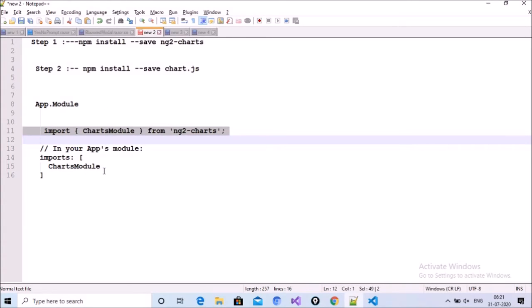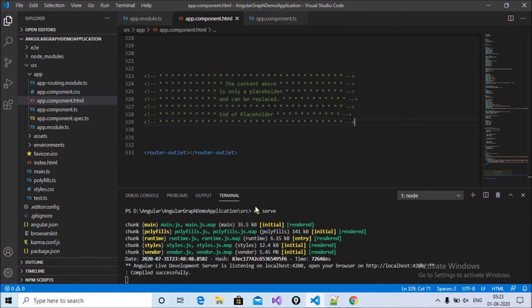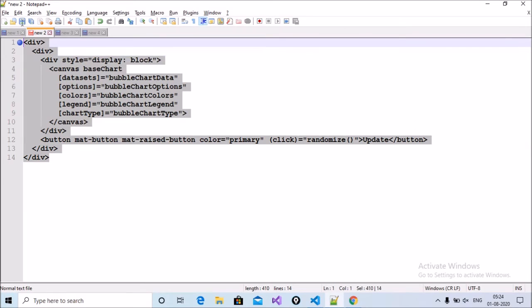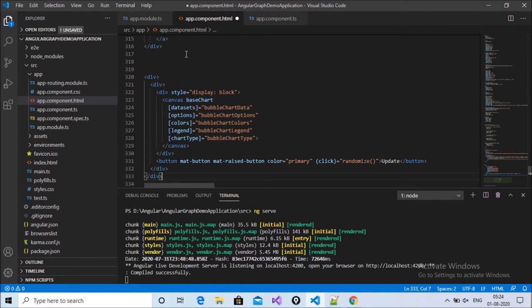Right now, I will implement the graph. We have already discussed all three steps. This is the project, and I have written the HTML part of the bubble chart here. Just copy this HTML part and place it in the file where you want to implement the bubble chart.